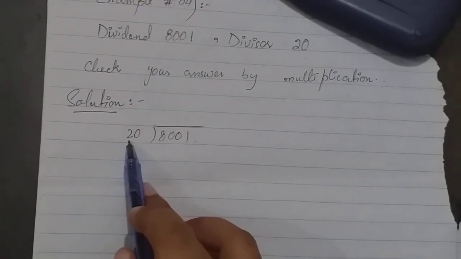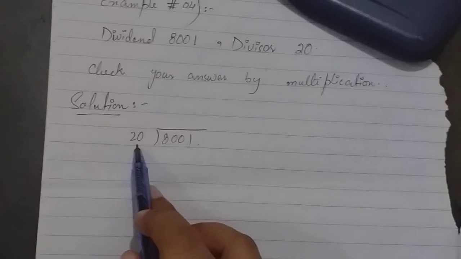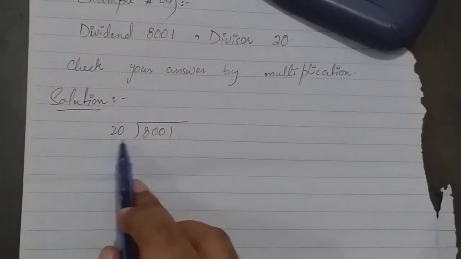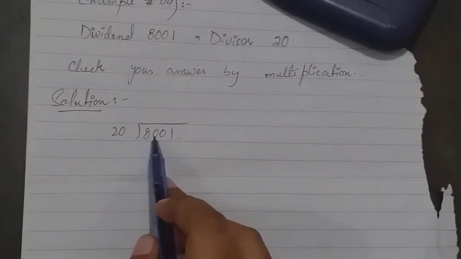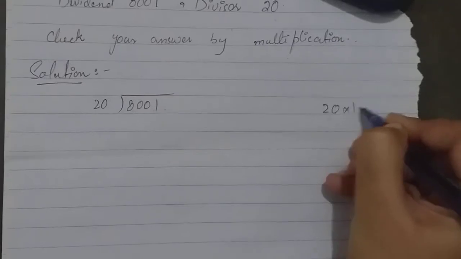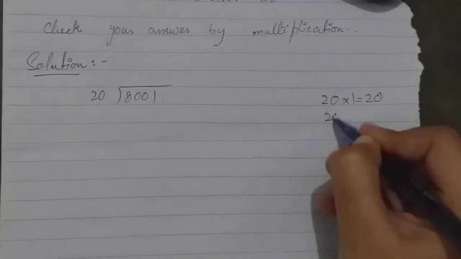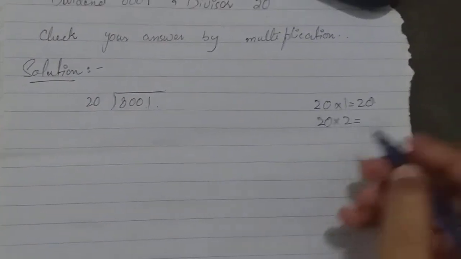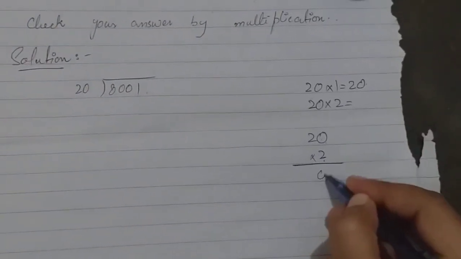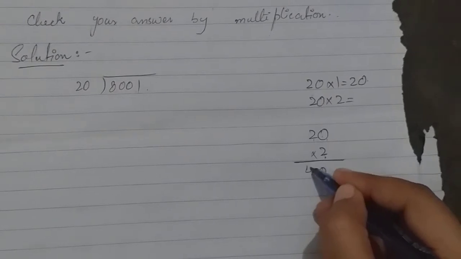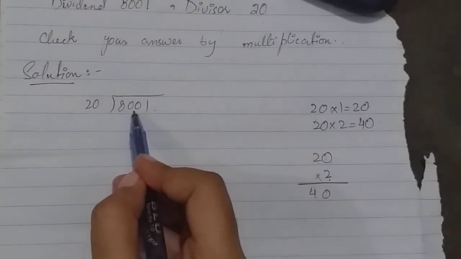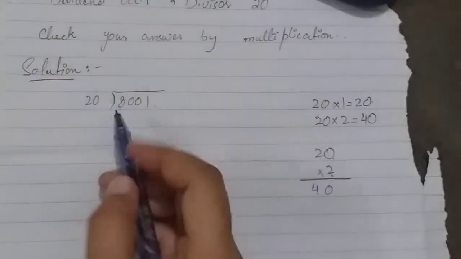It means we can move towards step number 2. Step number 2 is multiplication. Now in the table of 20, we have to find the product that is equal to 80 or less than 80. So you know that 20 multiplied by 1 is equal to 20, and now we will find 20 multiplied by 2. By multiplication of 20 by 2, 2 zeros are 0 and 2 2s are 4. It is 40. We have to find 80 or less than 80.